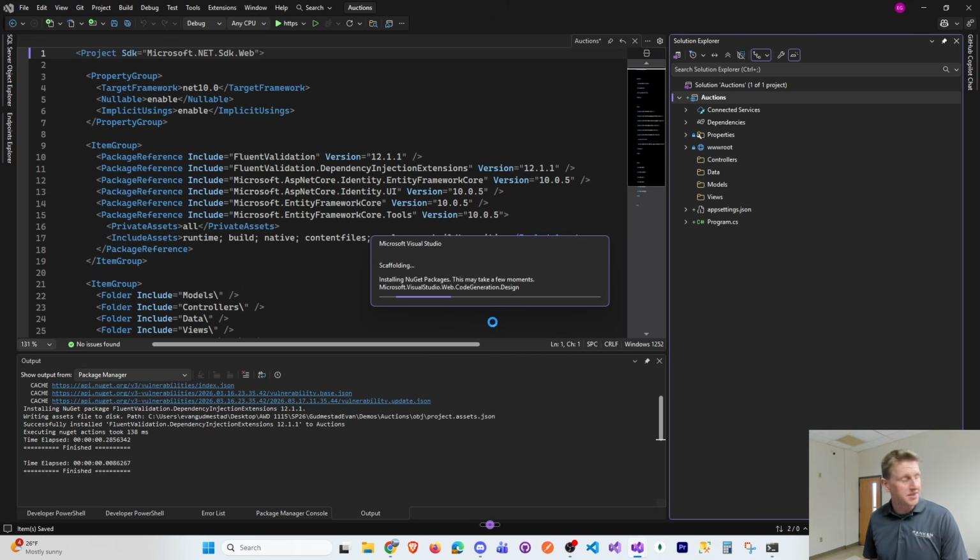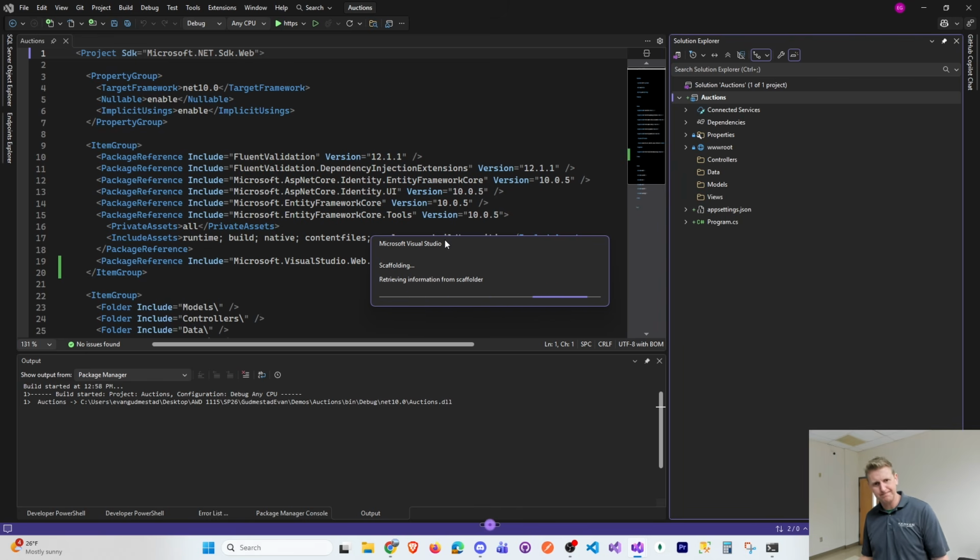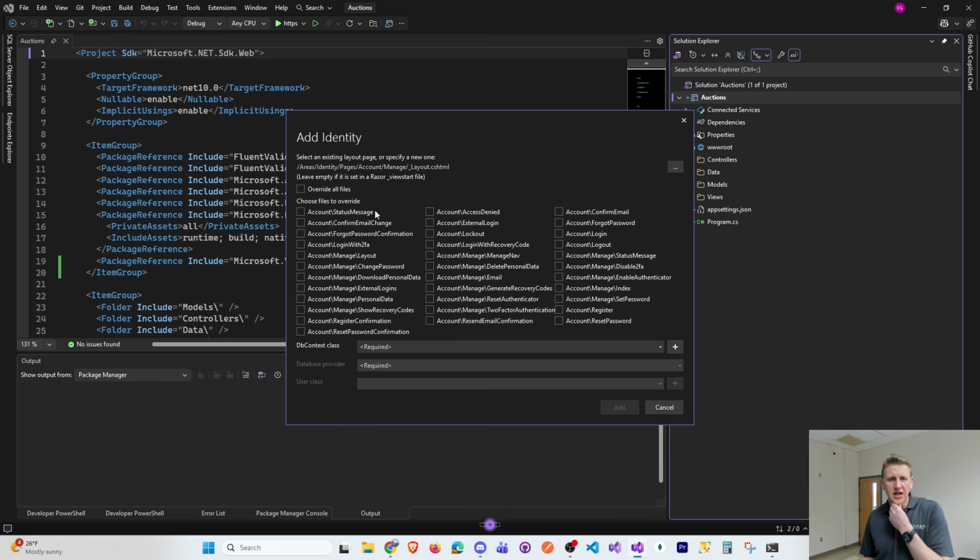I'm going to bring in some of these pages that are built into the identity system. You can see it'll scaffold some items for us. And I like to bring in the login, logout, and register. Obviously, a whole lot more that you can do here that we will dive into. But